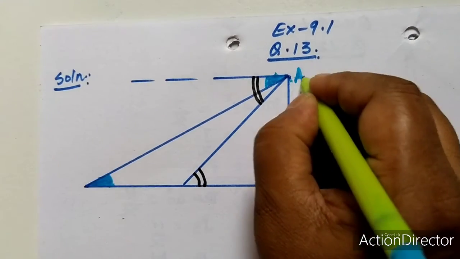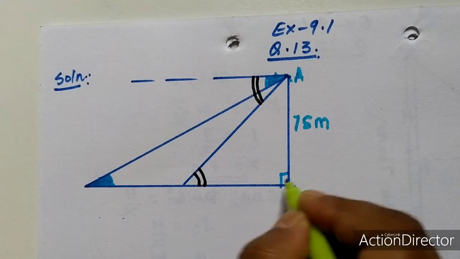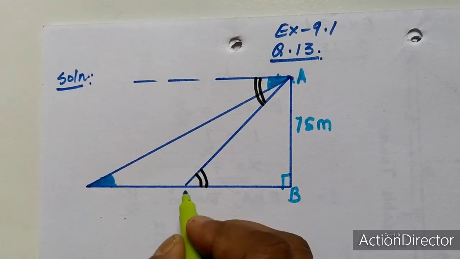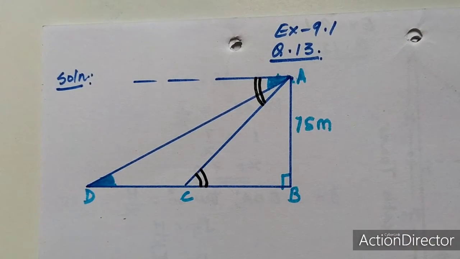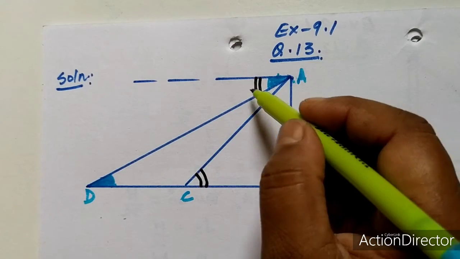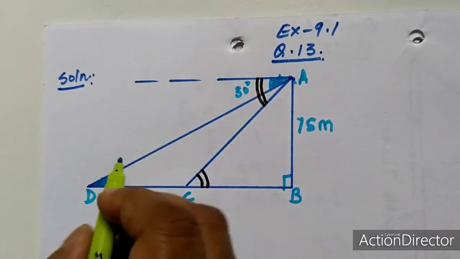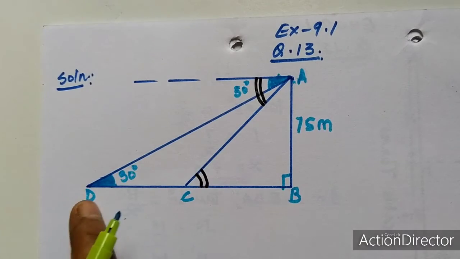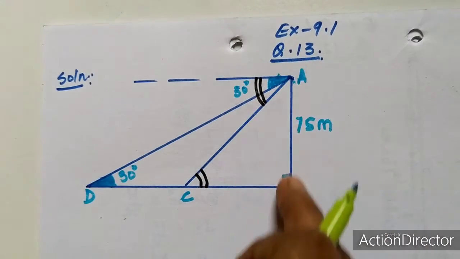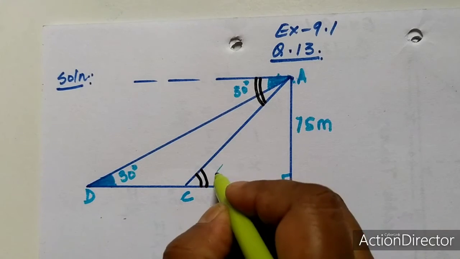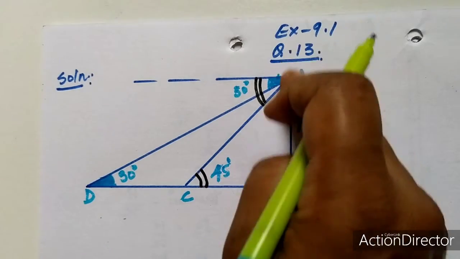That means this is, suppose ship number 1, this is 2. So I am going to write this as A, this as B. This is lighthouse of 75 meter high. This is C point and this is point D. So this is the first ship and second one is here. And the angle of depression made with the 30 degree and 45 degree. So if I am going to take this as 30 degree because this is far. So this ship is far from this one. So take the smaller angle and the greater angle closest to this one.